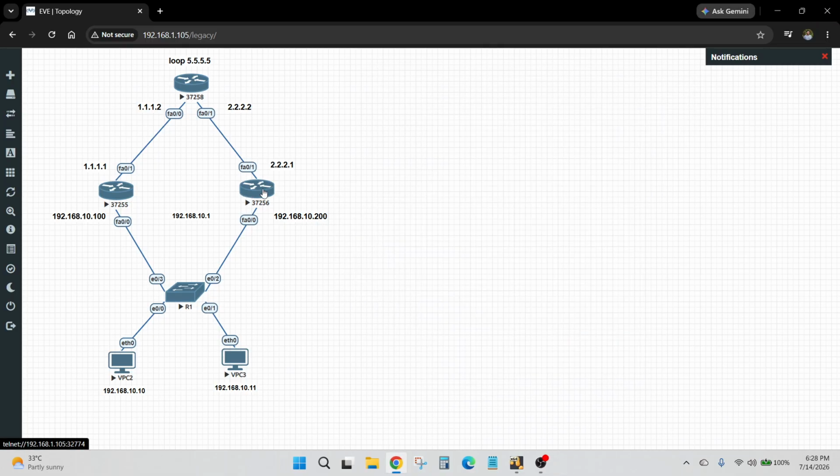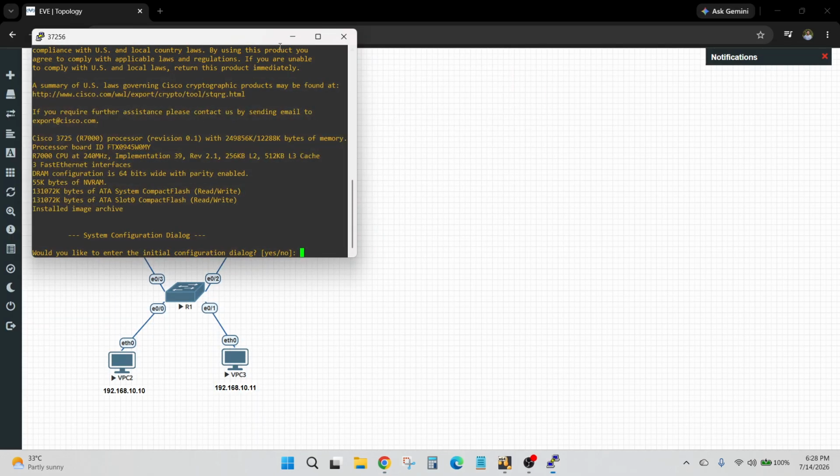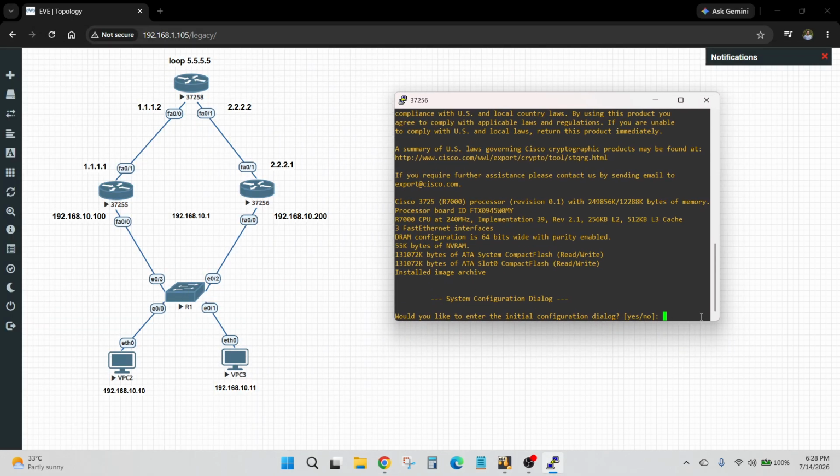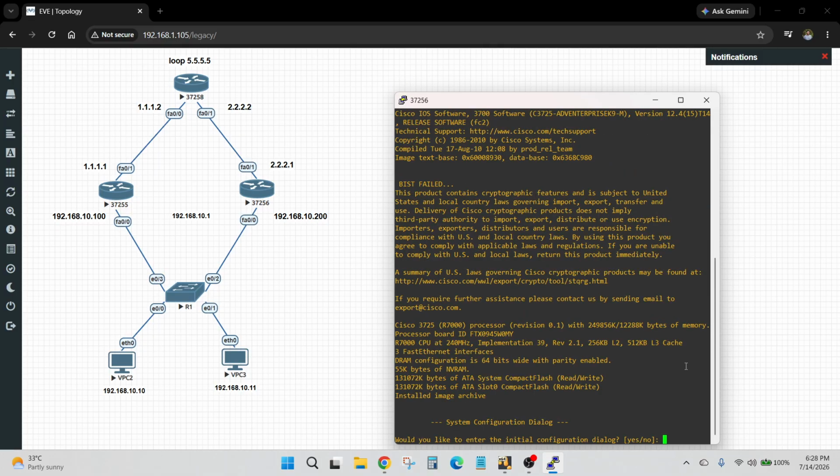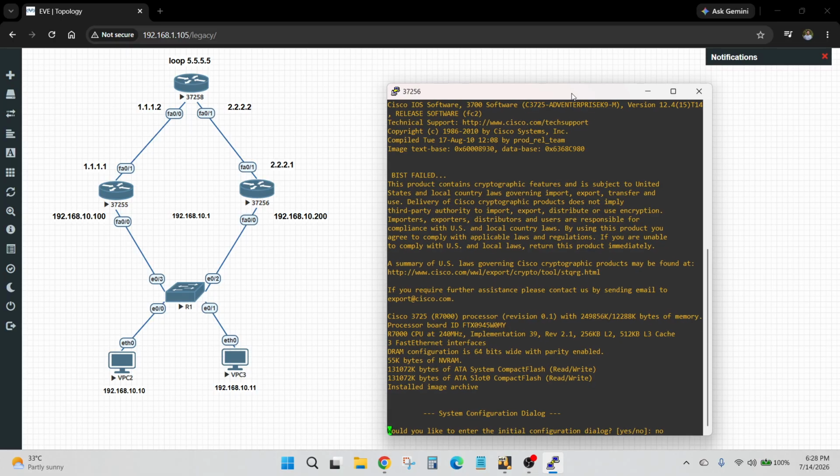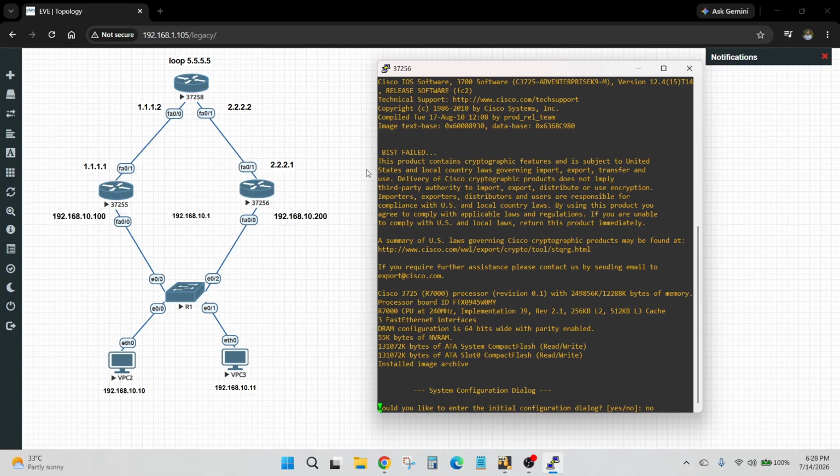So I go to the second router and open CLI. This is our router enable timing, so don't worry.